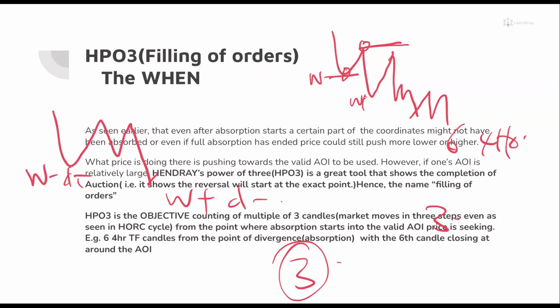So maybe the third 4-hour candle after price rates this low is still within this same day that first rate price. All right. And that day that first rate price is D minus, showing there is no full absorption. So if that is the third 4-hour candle, you automatically know that that is not what can start your HPO3. But the major thing is that you count it from the candle that starts the absorption. That is the first candle that rates this low, signifying that the highest volume over weekly and weekly has started diverging. That is your candle number 1.